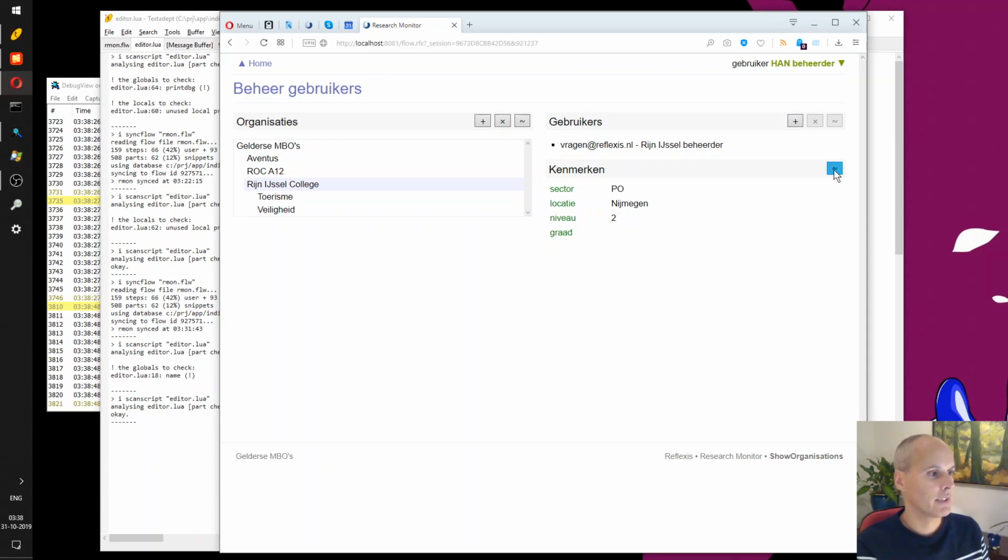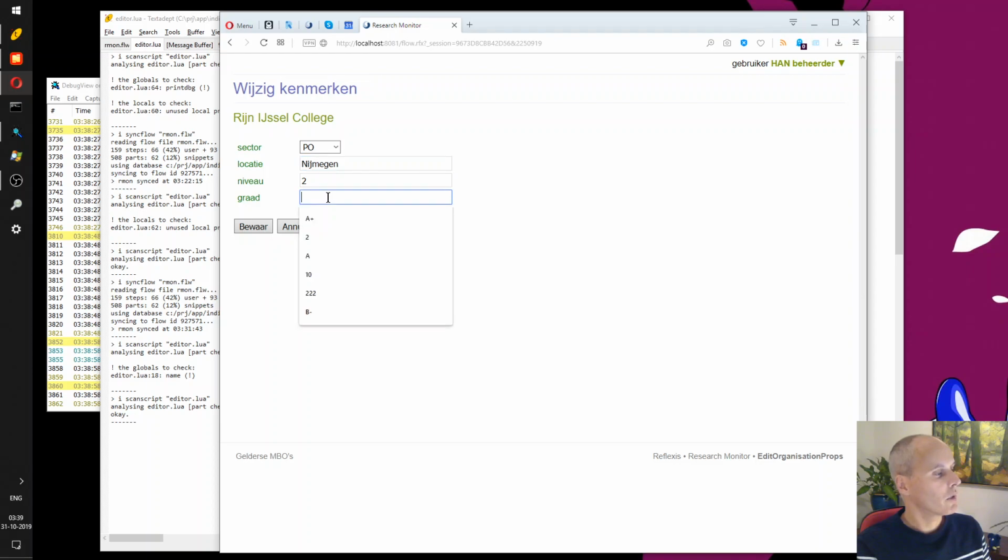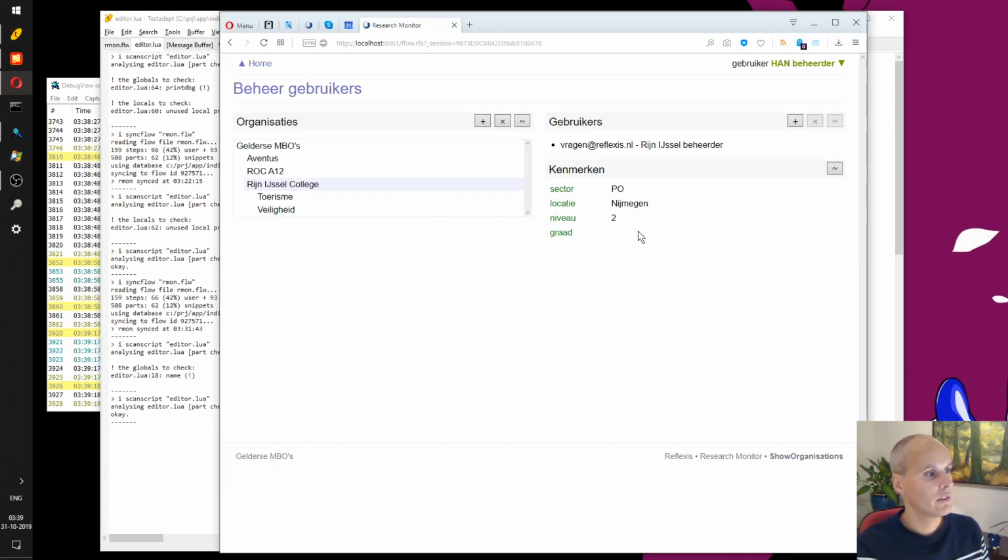But for the editing bit, what we just saw is actually an interesting bit. I've put in A+, but grade, as you may remember, is a number property, not a text property. So A+ is not a number. So if I press save here, it is being zapped, so it's being cleared, but the part does not provide the user with any feedback. What I actually wanted to do is say, hey, you've entered something here and that's not something that we can accept. But that's something that I'd like to